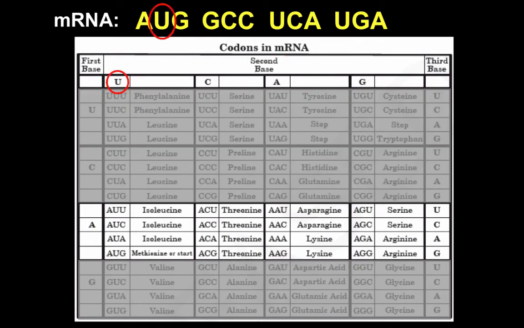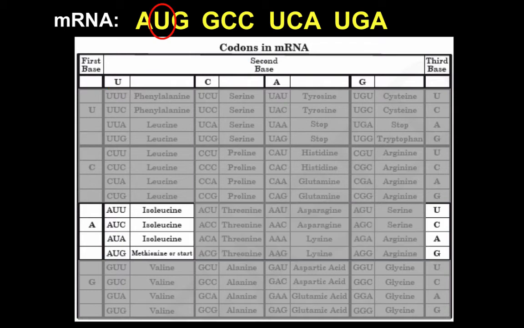The second base is a U, so I'm only going to look in this column. So this box has the correct answer in it. And then I'm going to use the third base, or the G, to see that AUG codes for methionine, which is an amino acid. And it's also the start codon, which basically tells all the ribosome's machinery and everything to